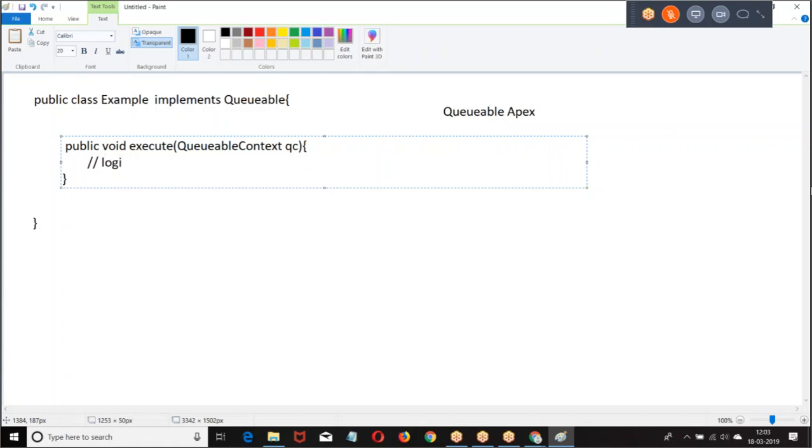If a class wants to implement the Queueable interface, it has to define a method called execute. Are you clear about this? In the execute, what will be there? Whatever logic you want to implement, right?